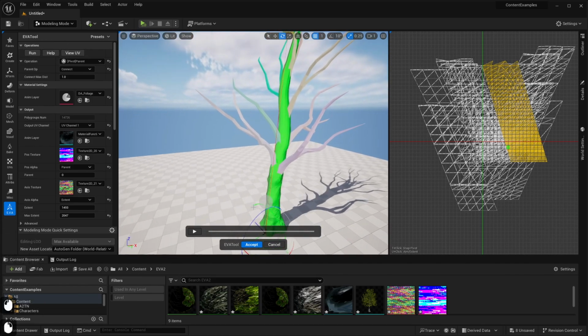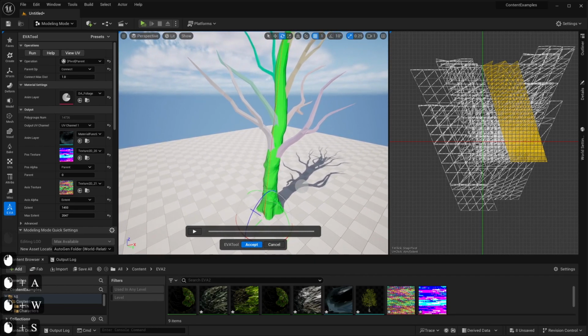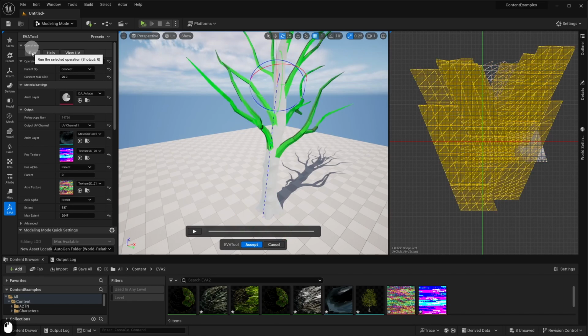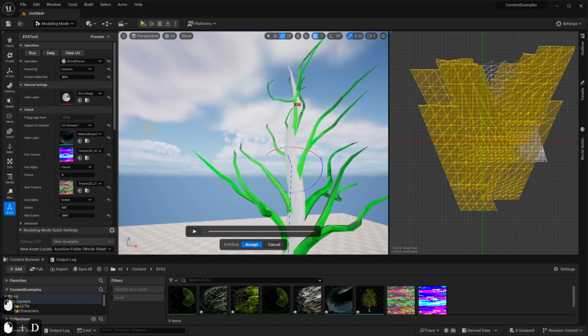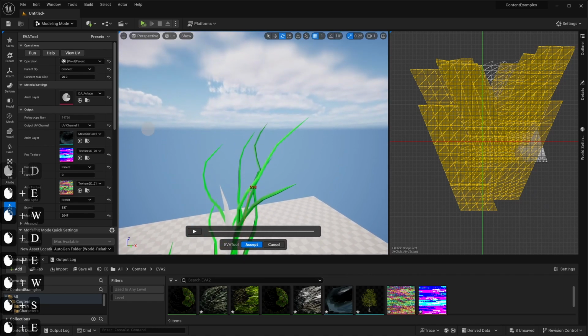So I select the part I want to be the parent, the trunk, and then here I select a little bit more distance because they are big, and I connect, run. Now it selected all those branches,